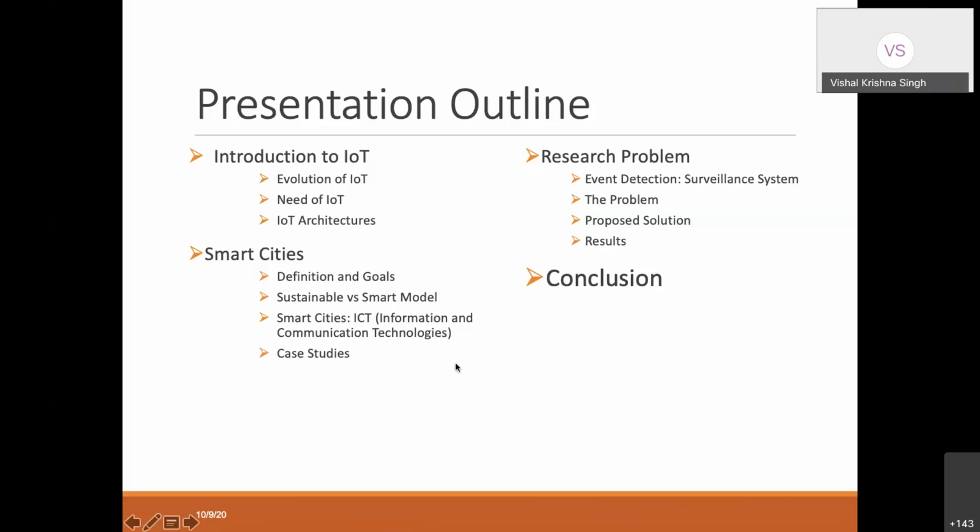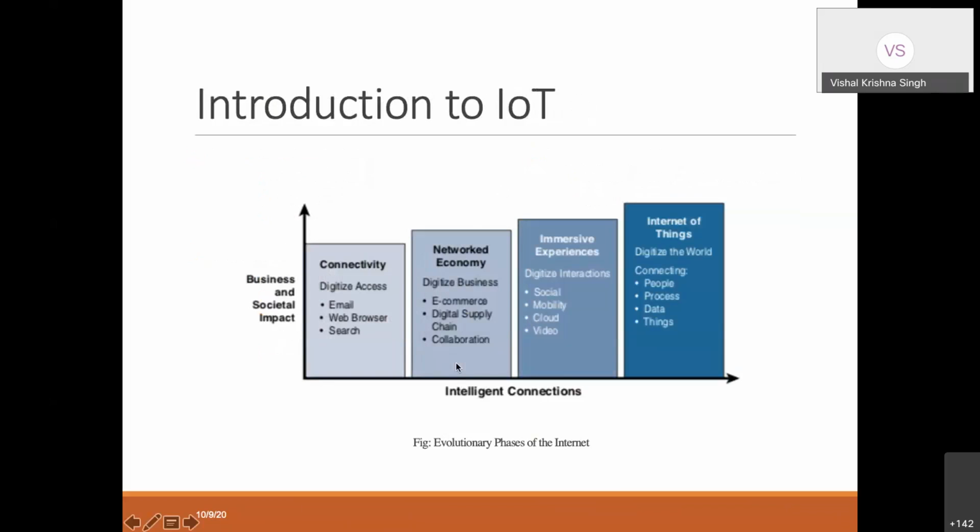Now, to explain what Internet of Things is and why IoT is needed, let us have a brief introduction about wireless sensor networks. So basically, wireless sensor networks are ad hoc distributions of sensors. When I say ad hoc, I mean that the nodes are deployed in random areas, depending upon the application, the nodes can be deployed in certain areas. The objective of these sensor nodes is to sense and report the events